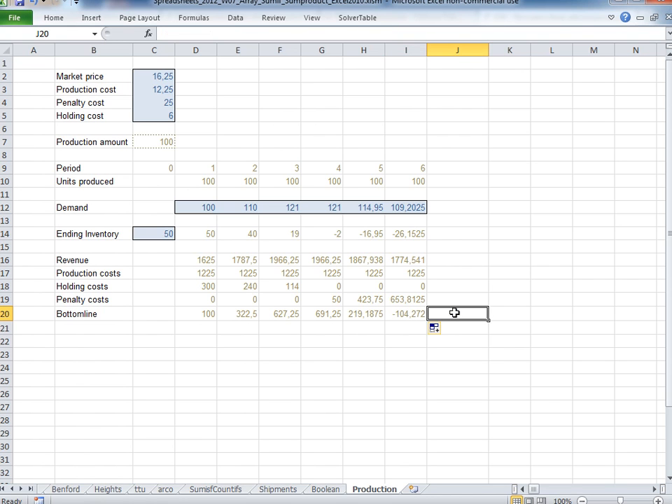And now we write equals sum of our bottom line. And we see that our total profit is $1,855. Okay, now the next step